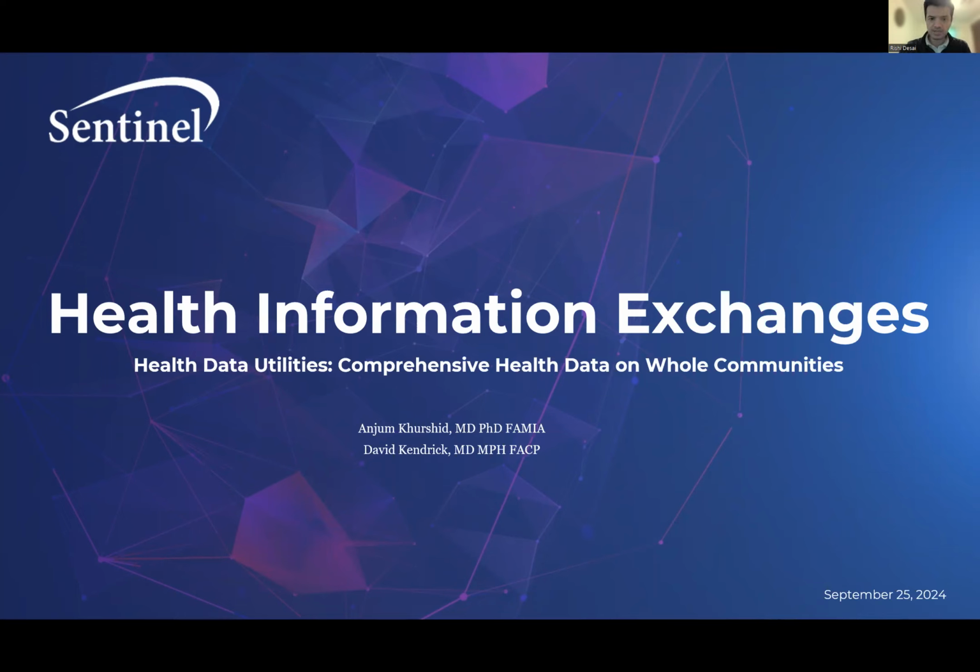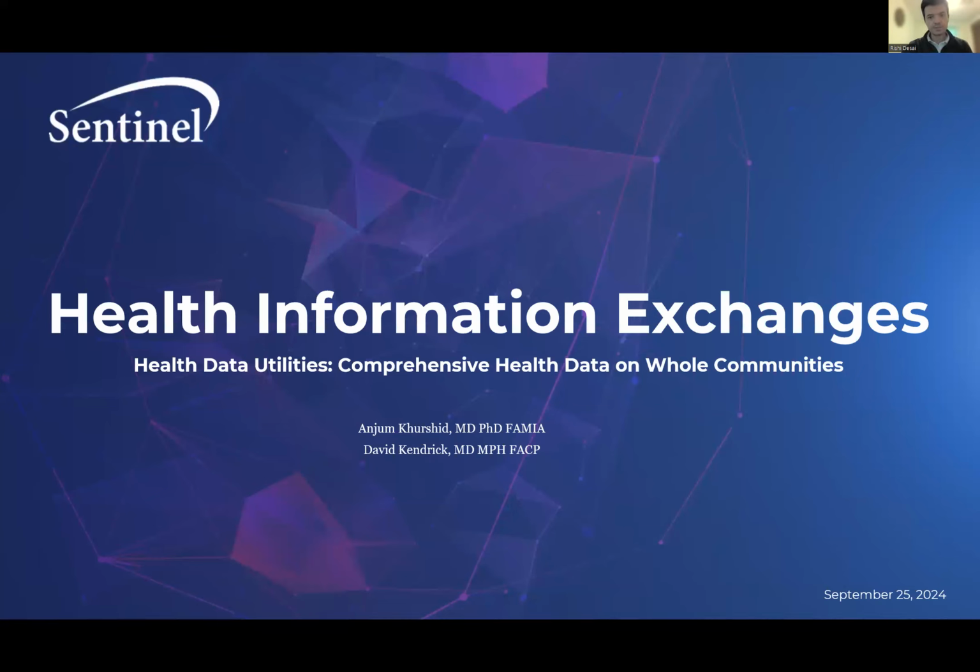Now, second speaker is Dr. David Kendrick. Dr. Kendrick is the founder and CEO of My Health Access Network, Oklahoma's health data utility and state-designated entity for health information exchange. Dr. Kendrick also founded and chairs the Department of Medical Informatics at University of Oklahoma and serves as an assistant provost for strategic planning at the OU Health Science Center. He's the immediate past chair and current member of the board of the National Committee for Quality Assurance, NCQA, and serves on the boards of Civitas Network and the Patient Centered Data Home. He serves as a senior counsel for interoperability at the Office of the National Coordinator for Health IT, co-authoring the nation's 10-year roadmap for interoperability.